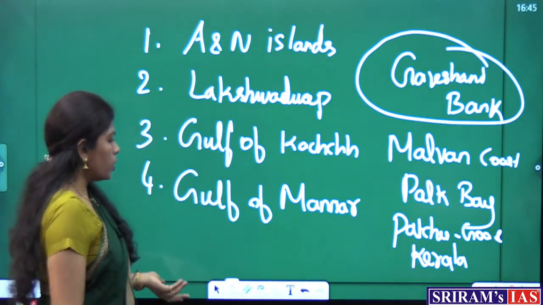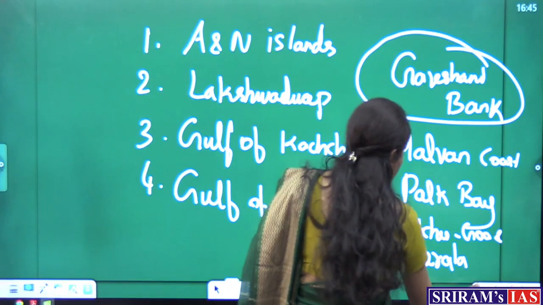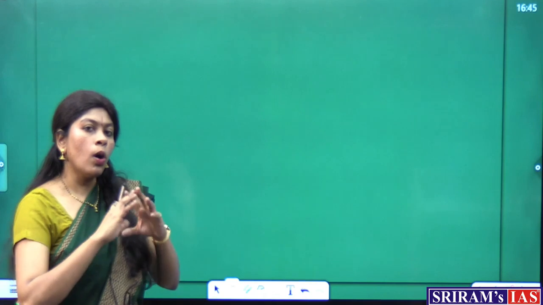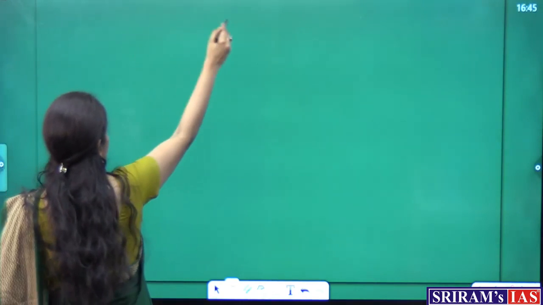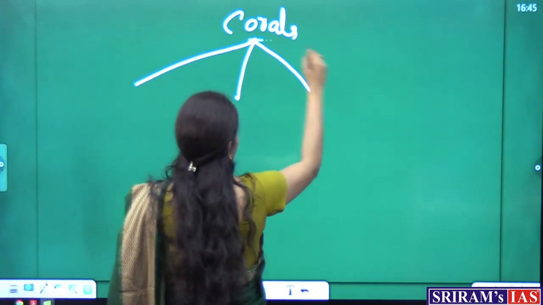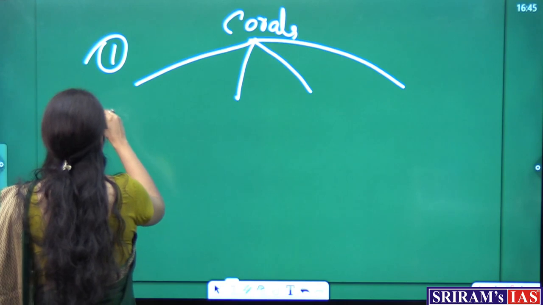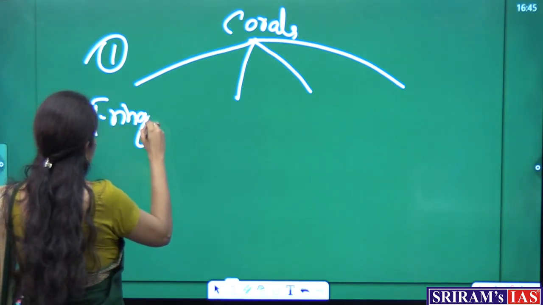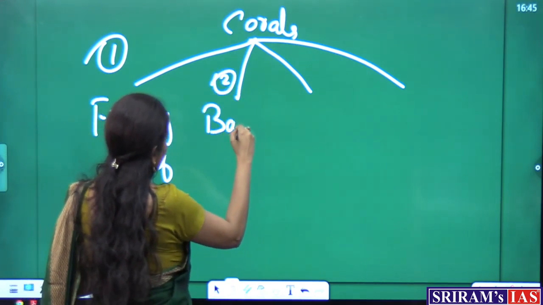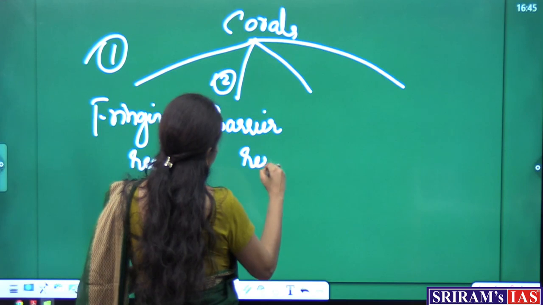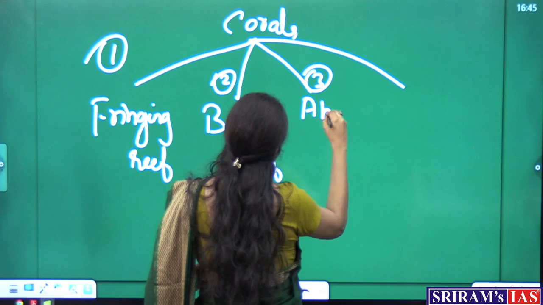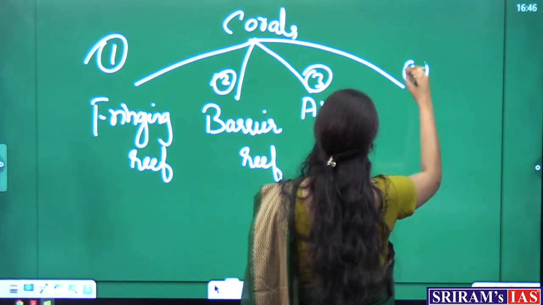Right. Now we will go to the types of corals. Why are we seeing types also? Because in India we have all the types of corals. See, there are 4 types we can notice. First, the fringing reef. Second, the barrier reef. Third, we can talk about the atolls. Fourth, the